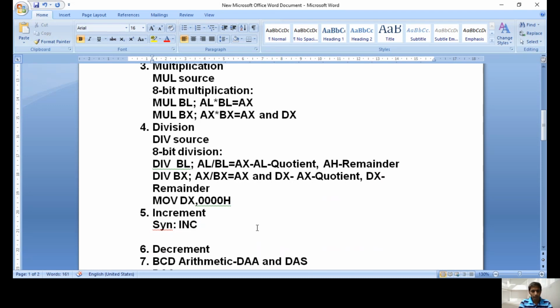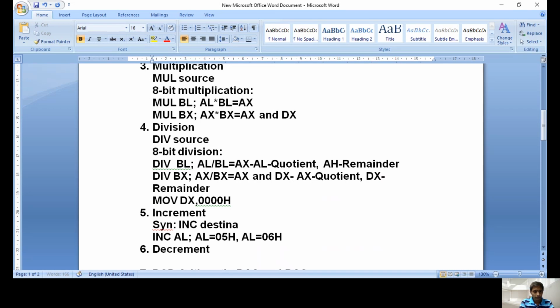Okay, for example, let us see how we can write. So INC AL. For example, AL is having 05H. So if we increment AL, what happens? Because of the increment instruction, now the AL value is incremented by 1. So 05 becomes now 06. Like that, the content of AL is incremented by 1 if we write the increment instruction. Let us see what the decrement instruction is, like increment. The syntax for the increment instruction is increment destination.